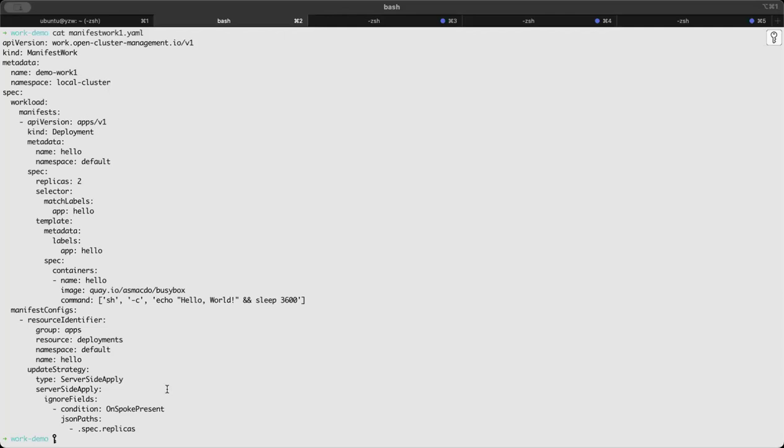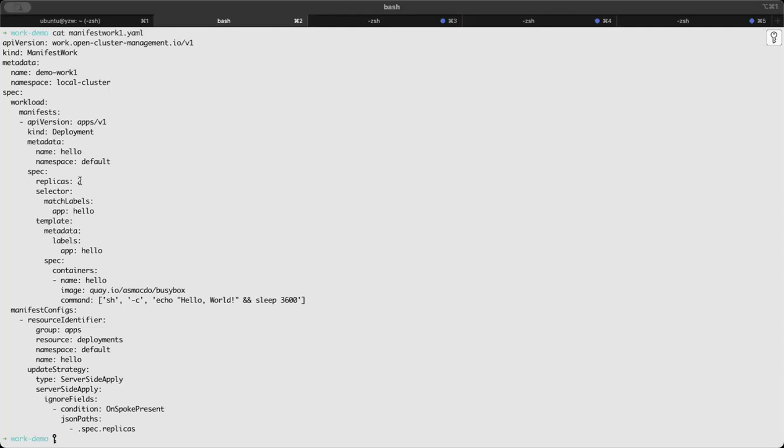Which means that if this resource has been created initially by the manifest work and then someone changed this field in the resource, the manifest work will ignore this change. And also on the manifest work, if you also change the replica here, it will also ignore this field